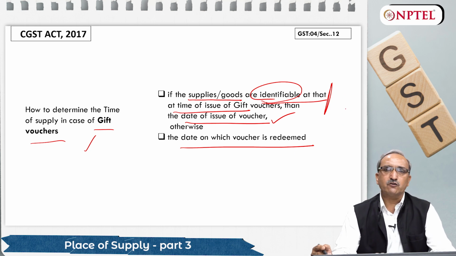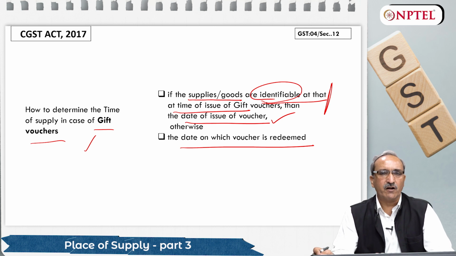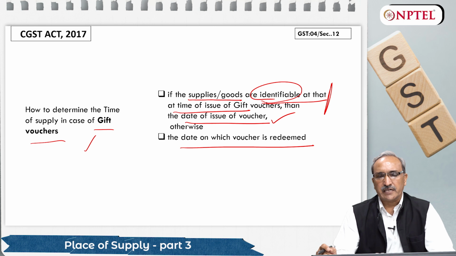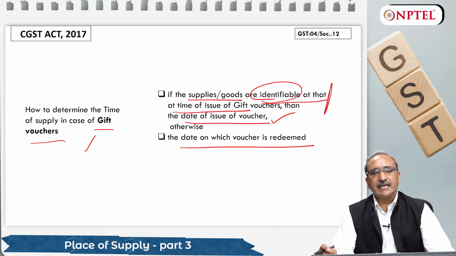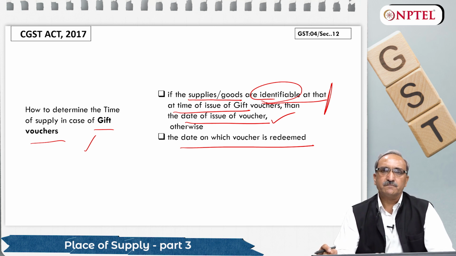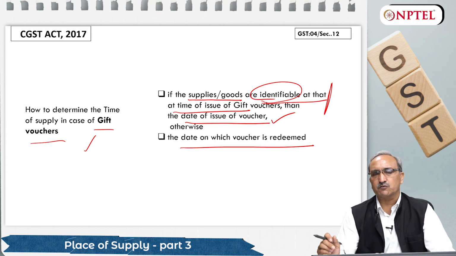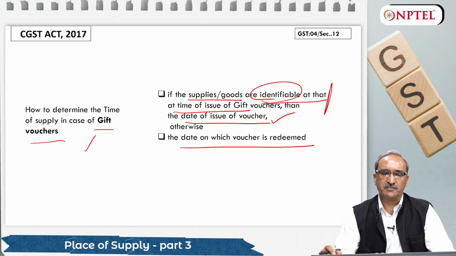I mentioned earlier also that there are so many business transactions nowadays. Business has complex strategies nowadays to sell their products. So accordingly, GST has mapped many business transactions for levy of GST. So a free gift voucher is not free, that is one thing. You have paid something for this voucher and whatever you are going to purchase from redemption of this voucher is also subject to GST in the normal course of action.